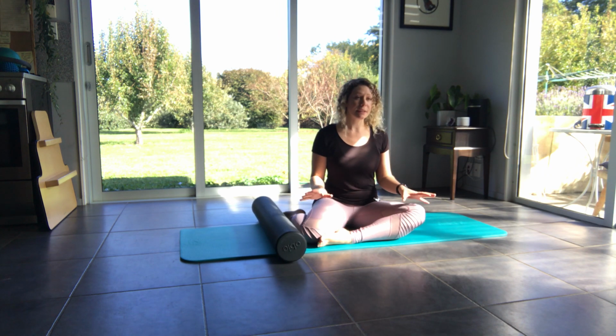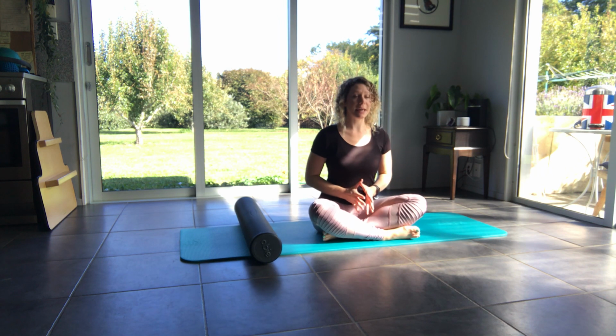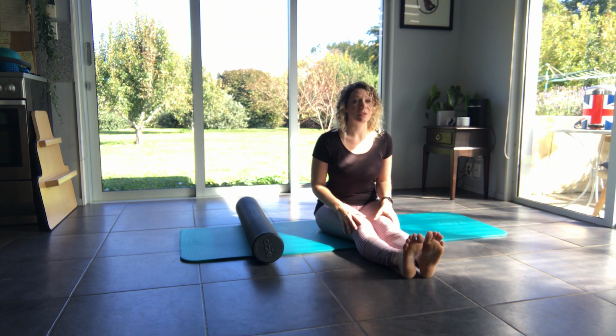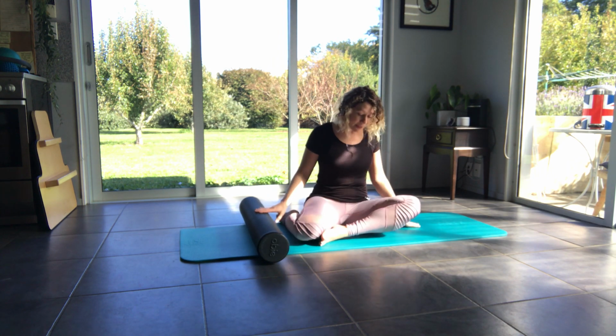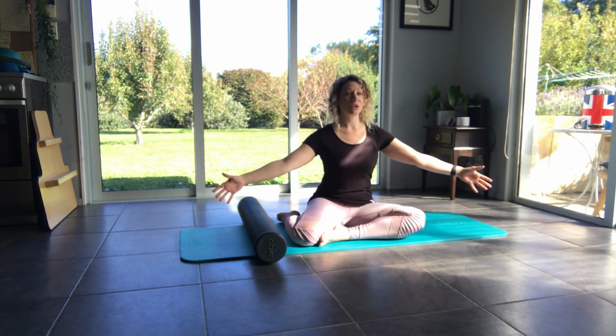If you don't like sitting in Z-sit, totally fine with me. I would sit cross legs or legs in front, okay? It's not going to change the benefit that you get to your lateral flexion. I want you to be comfy. Okay. So choose your position, and then from here, we're just going to take our hands gently out towards the